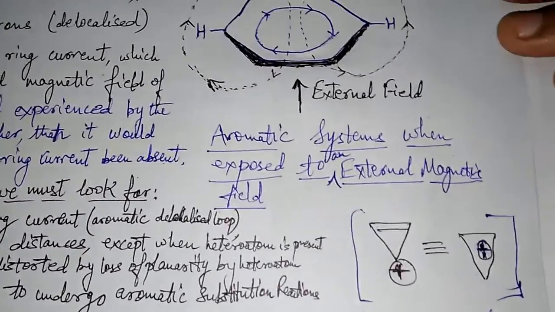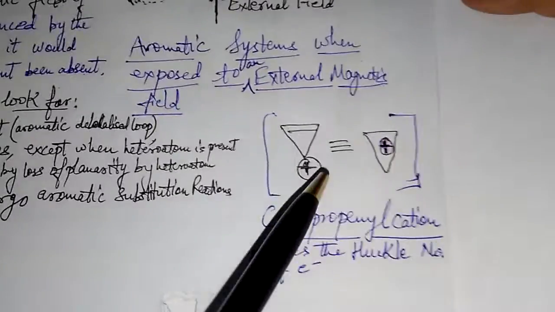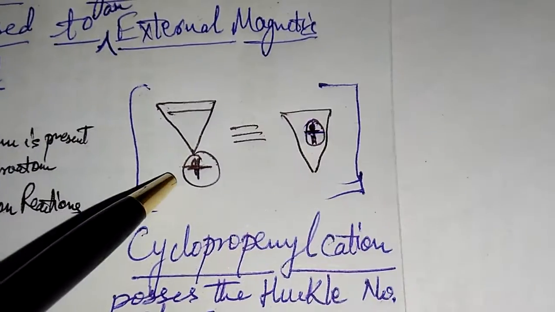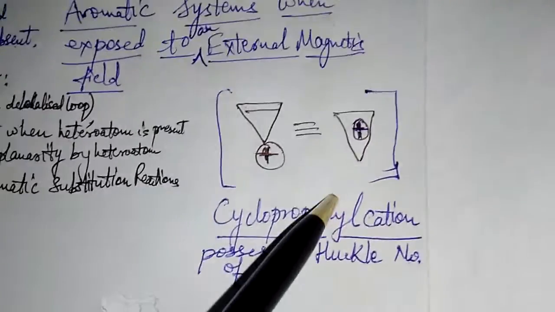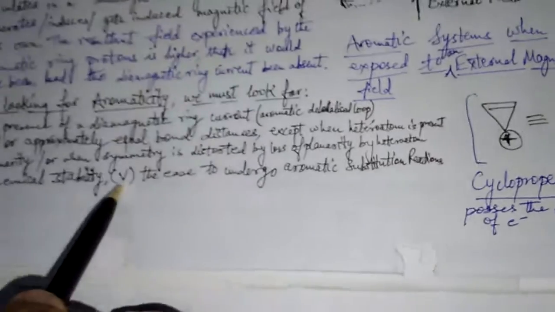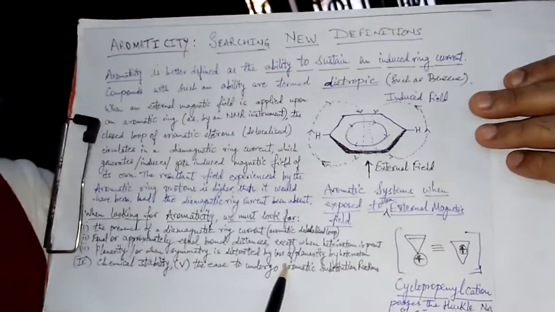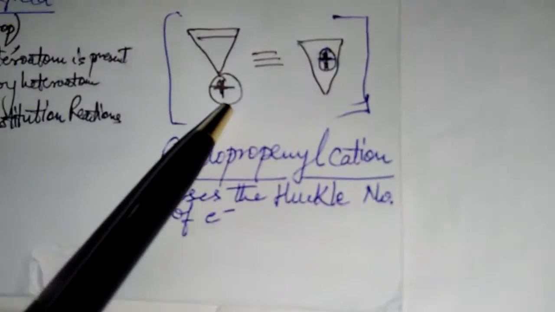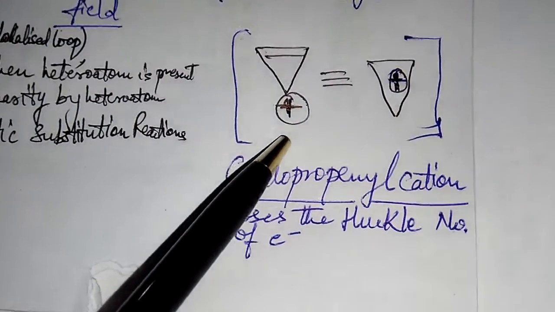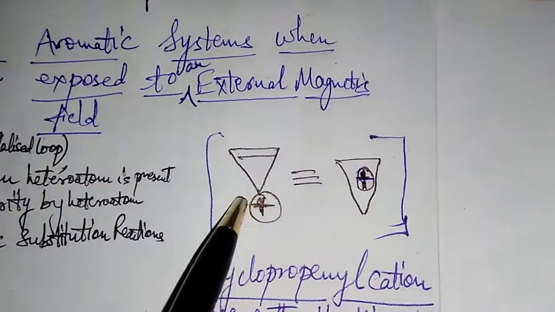Now, keeping these points in mind, when we look at this molecule, this cyclopropenyl cation, in a popular video on YouTube, this molecule has been termed as aromatic. Now, neither theoretically nor experimentally can this molecule exhibit any of these five characteristics which have been enumerated over here, which are the essential features of an aromatic compound. Neither is this molecule planar, nor is it chemically stable, nor is it free from symmetrical distortion or strain. It is a highly strained molecule, as you can see. These bond distances will vary, although these are all carbon-carbon bond distances, but these bond distances will vary as